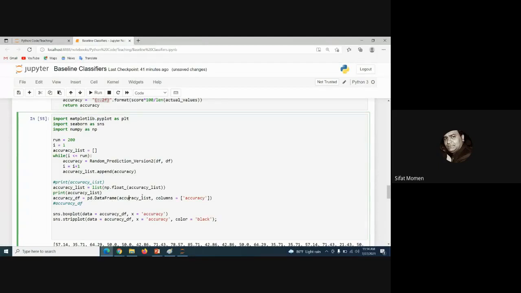I'm taking this accuracy list and converting it to a data frame, okay? And the column name is accuracy. There is only one thing, so I gave the column name accuracy. Let me just show you, then it will be clear. accuracy_df is the name of the data frame. If I print this